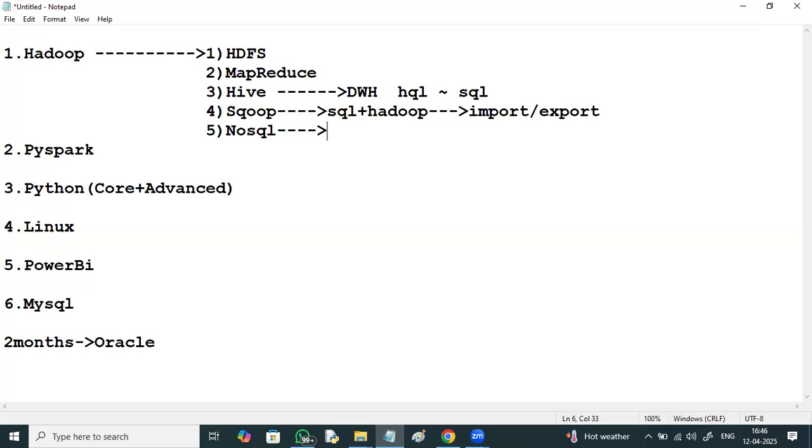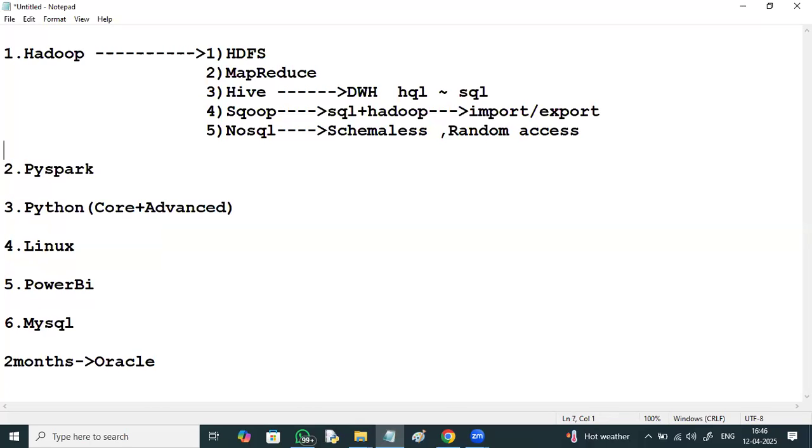But in the case of NoSQL, my first record has 3 columns, the second record has 4, the third record has 7, the fourth record has 10. Each record has a different number of fields. That is schema-less behavior, with random access.